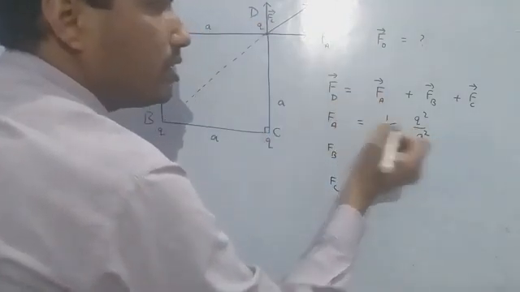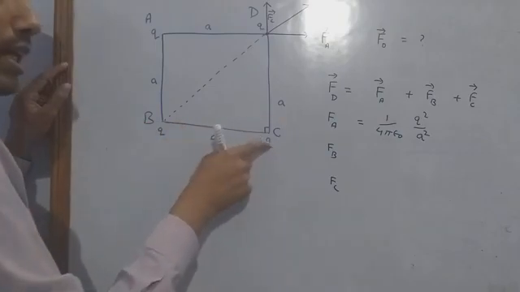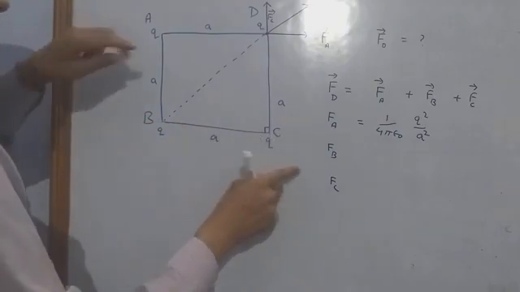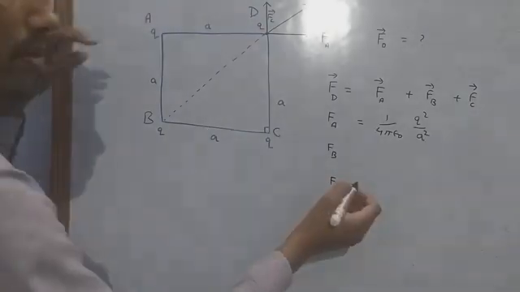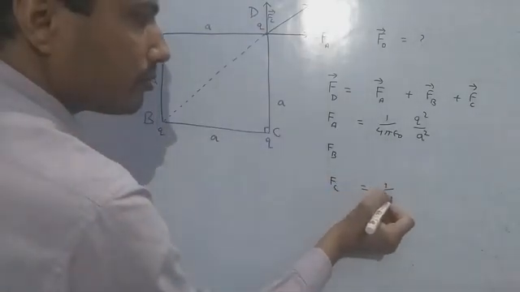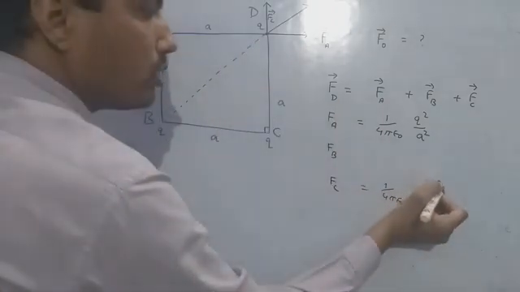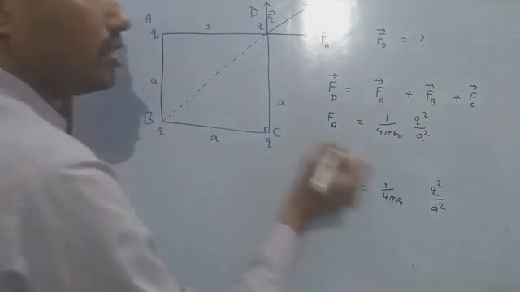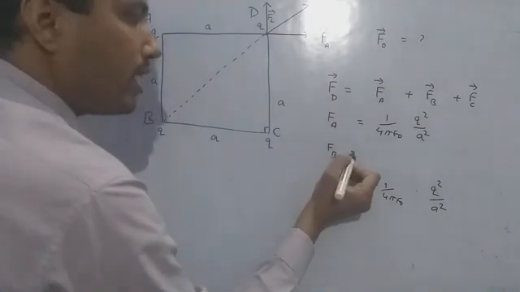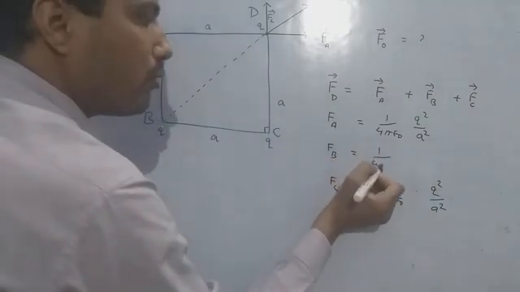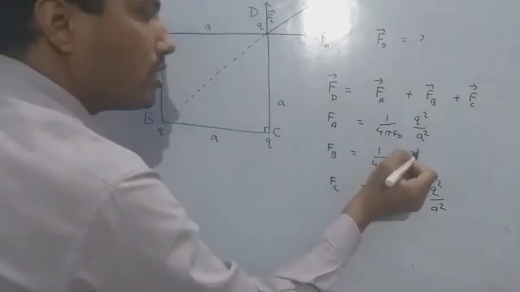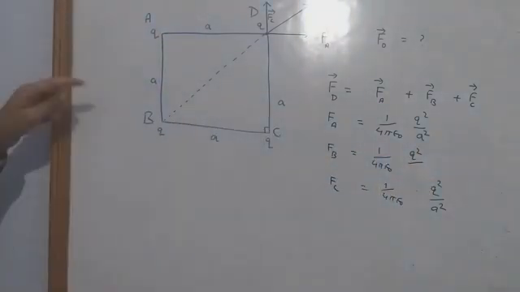A, so a square. When you find Fc, again 1 by 4 pi epsilon naught, product of charges, that is Q square, by separation between them, that is a square. And when you find Fb, that is 1 upon 4 pi epsilon naught, product of charges Q square by